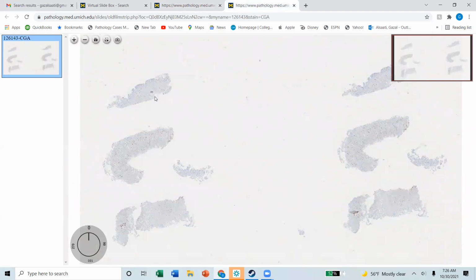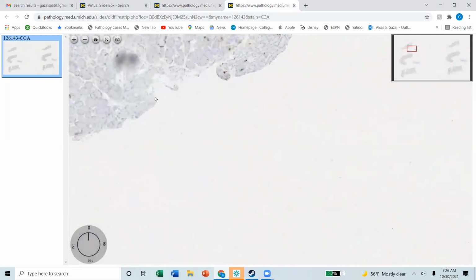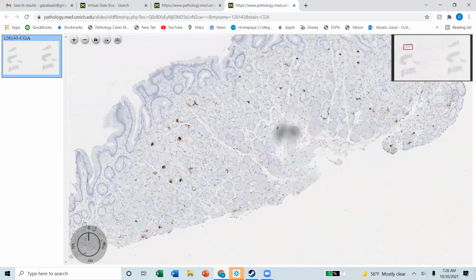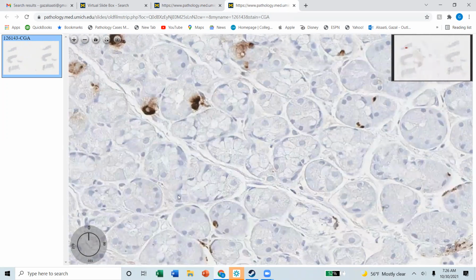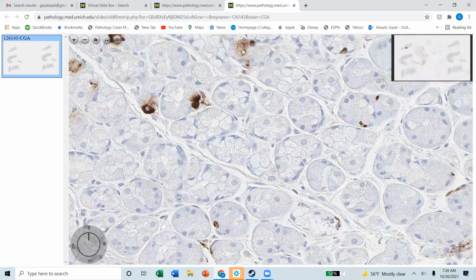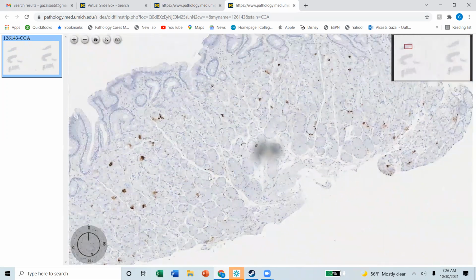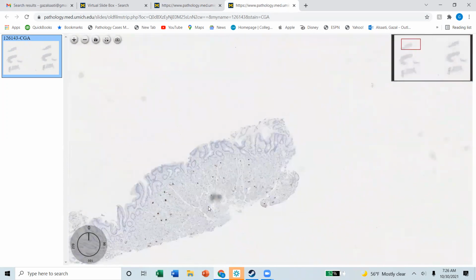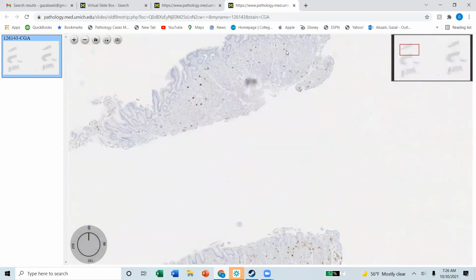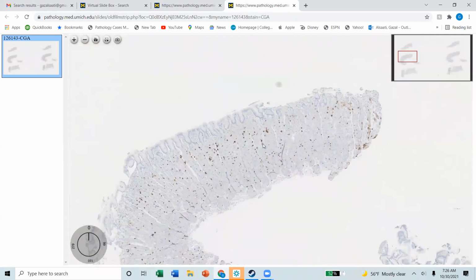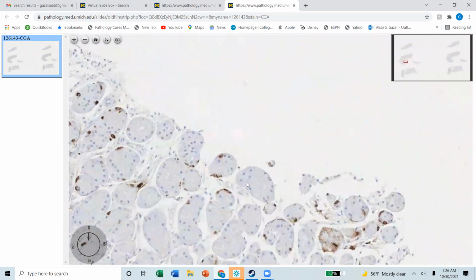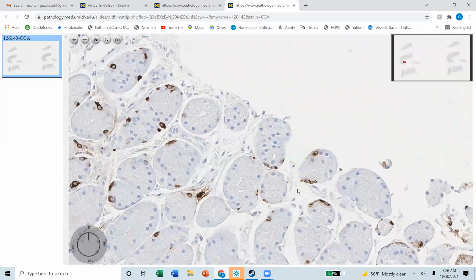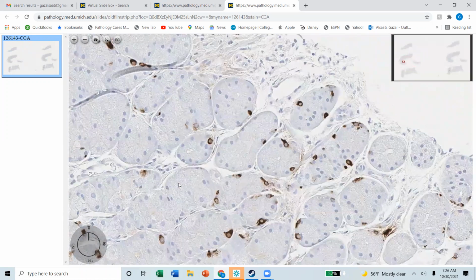Oh, CGA. I think that's all right. Is it chromogranin or something? Chromogranin. What are they trying to do? Oh, okay, I see, got it. So they're not trying to show you the normal pattern of... Oh, like I really don't know what they're trying to do here, but these are all